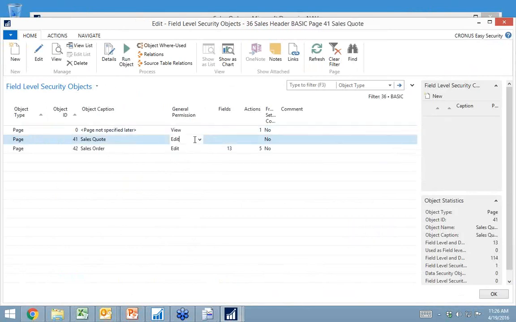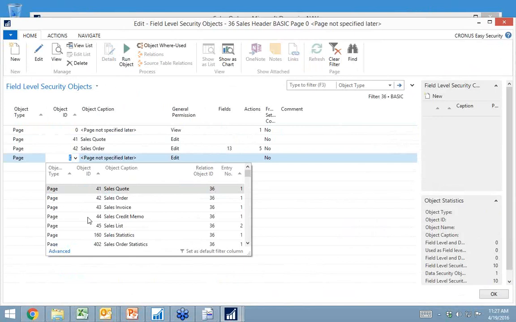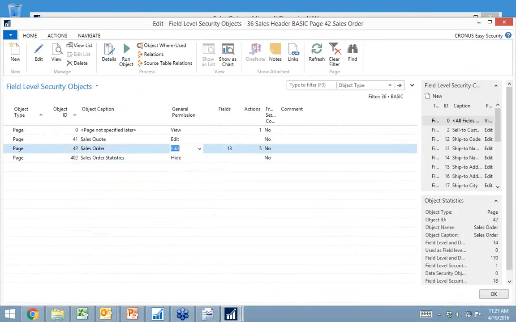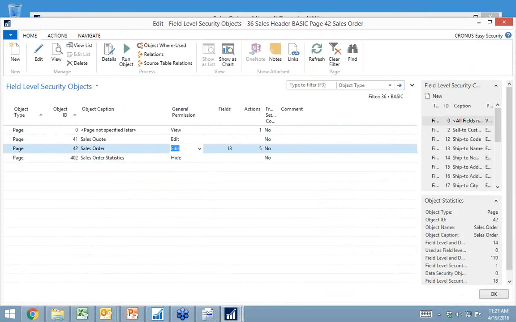I then make exceptions: the quote is completely editable, my sales order is editable, and when removing this statistics page from people, I could actually go in here and hide it for people. So even if I'm a super user, I can be prevented from using certain pages in here.